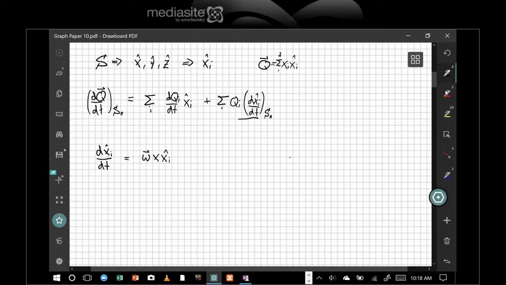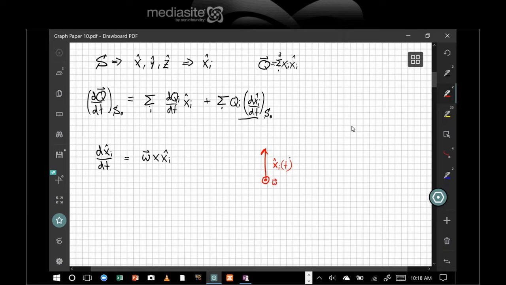You may say, why is that? We've shown this not in a vector form like this, but we derived it before when we derived, for example, velocity and acceleration in spherical and cylindrical coordinate systems. Here I can explain this with a picture more than anything else. Say at some time t, I have xi hat at t. Then say this thing rotates with an angular velocity, and I'm going to write the angular